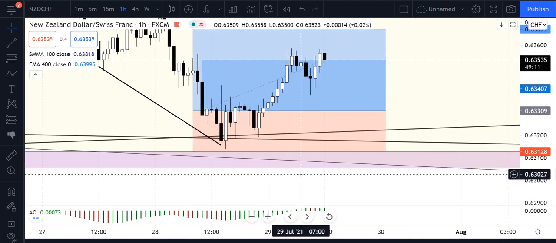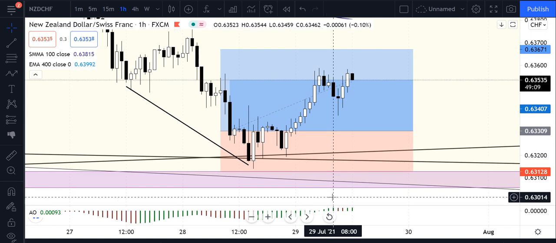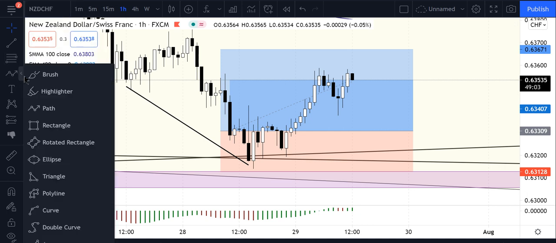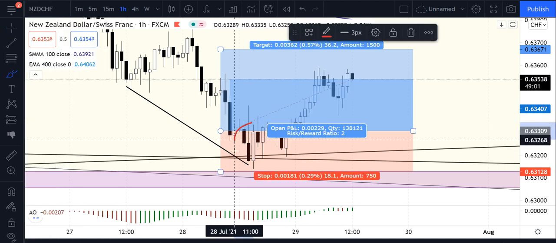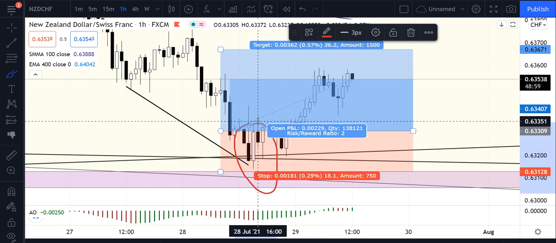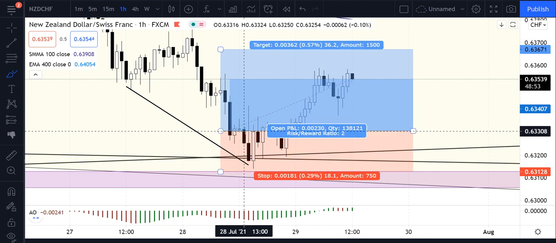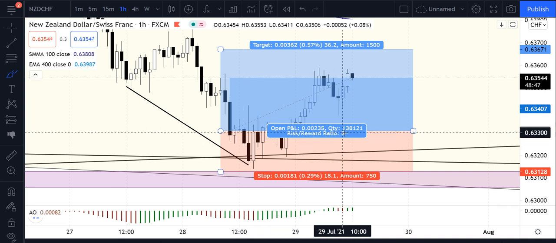Now the last confirmation, which was my triggering point. What was it? The candle itself. You see, it's making a bullish engulfing candle. Now, which was my entry point? I entered somewhere around here after the closing of this bullish engulfing candle, and I took a risk to reward ratio of 1 is to 2.